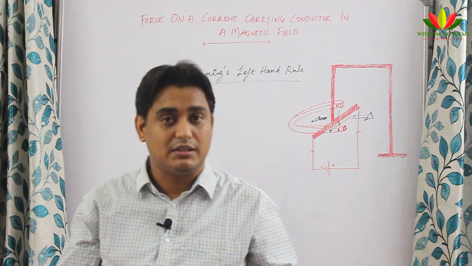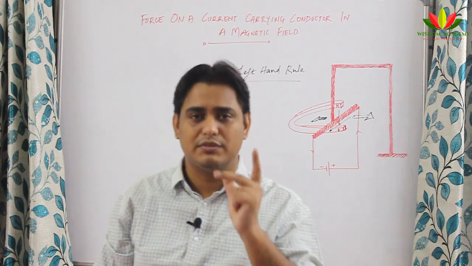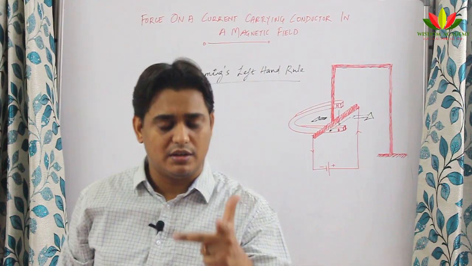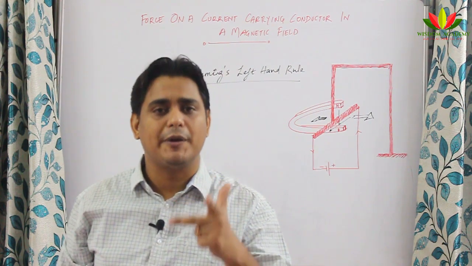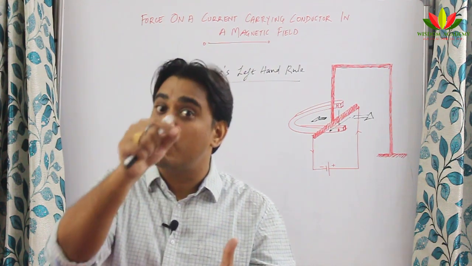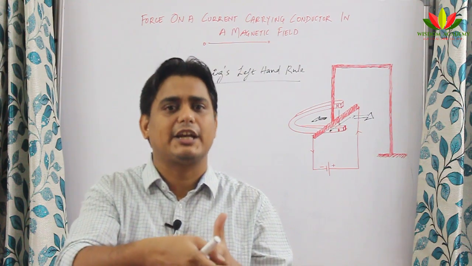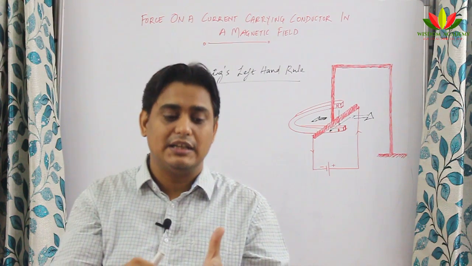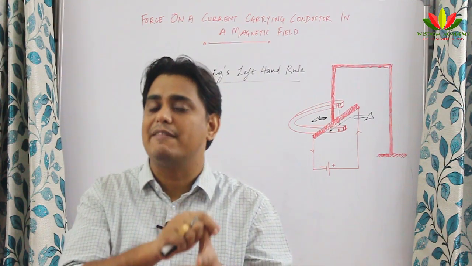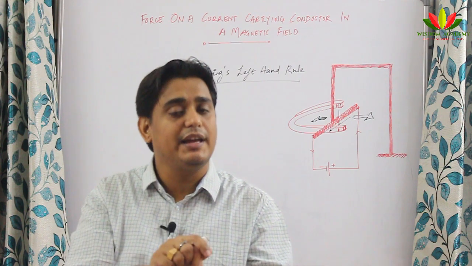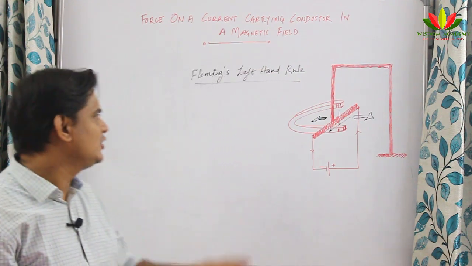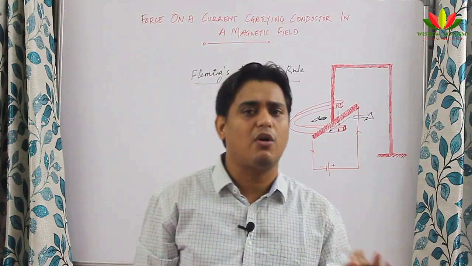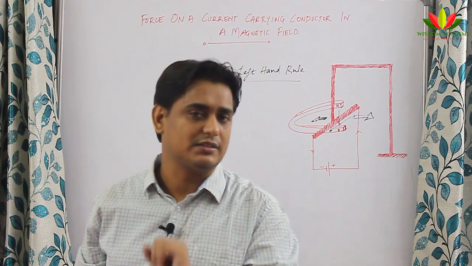It is wrong. There is a proper way of writing Fleming's left hand rule. When the thumb, forefinger and middle finger are mutually perpendicular to each other in such a way that the forefinger gives the direction of magnetic field, the middle finger gives the direction of electric current, then the thumb will give the direction of force. This is the way you should write Fleming's left hand rule, and by using it you can determine the direction of force acting on a conductor.